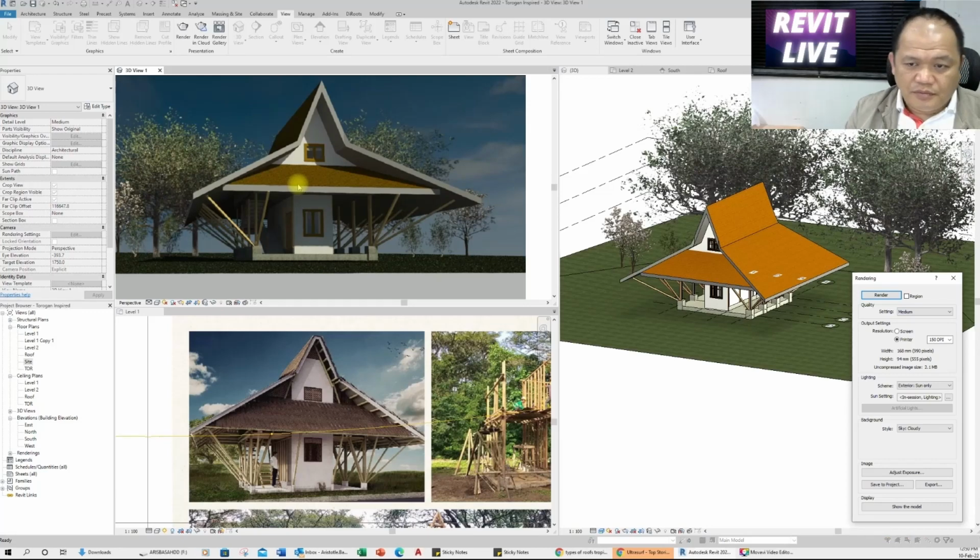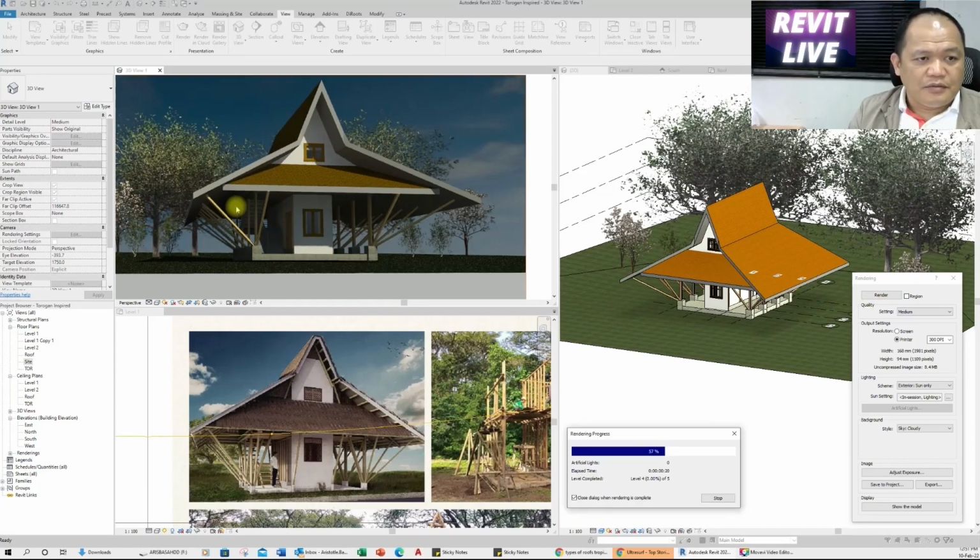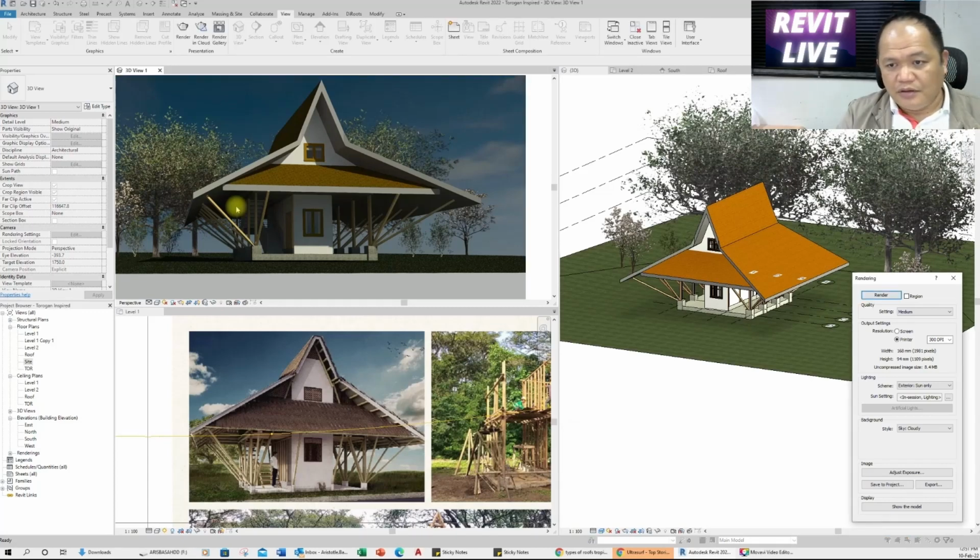So we can still improve on the resolution, so let's try 300 dpi, same settings, and then let's go again and render it. Still will be done in less than a minute for this setting. Earlier on the 150 dpi it took only less than 20 seconds, so now I would think, yeah, 30 seconds